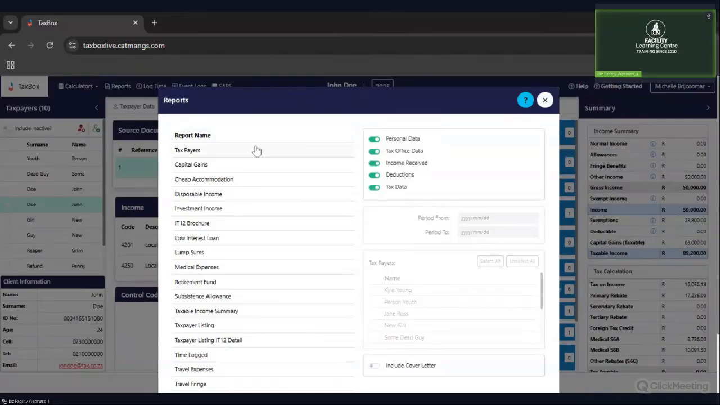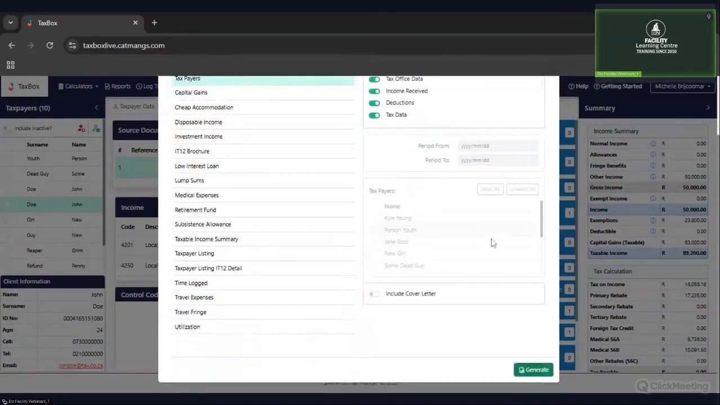So for now, I want a taxpayer report that's going to show me the personal data, the tax office, the income received, the deductions, and the complete taxable data at the end. I'm going to leave all of those ticked. And I want to include a cover letter to John as well, just to make it look good and professional from my end. So I'm just going to click on that, and then I'm going to say